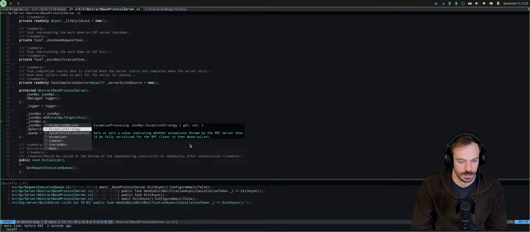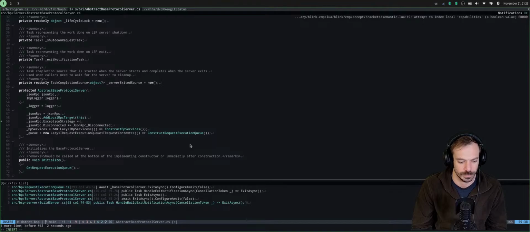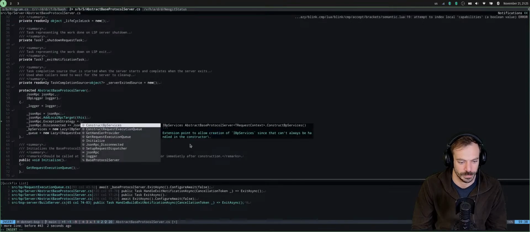Gets or sets a value indicating whether exceptions thrown by the RPC server should be fully serialized for the RPC client to then deserialize. Okay.